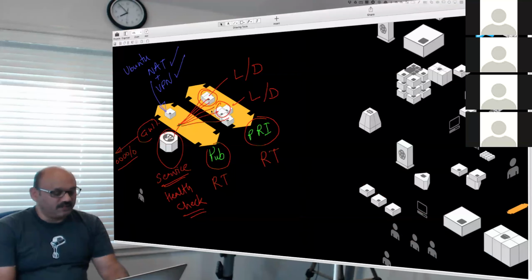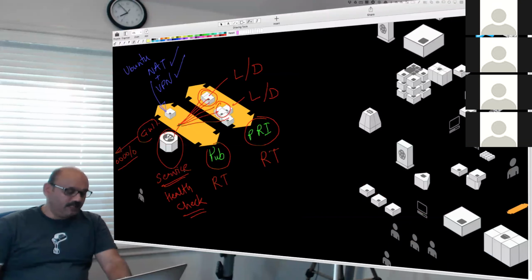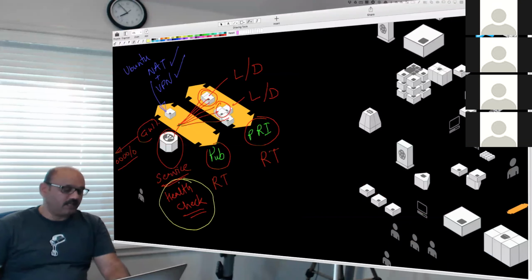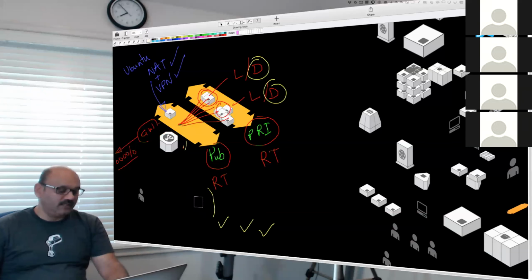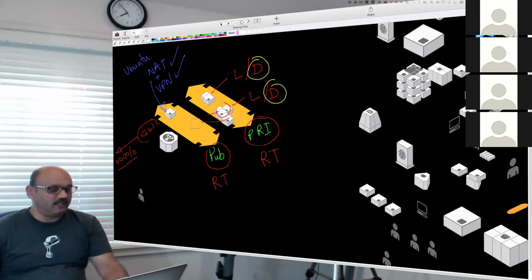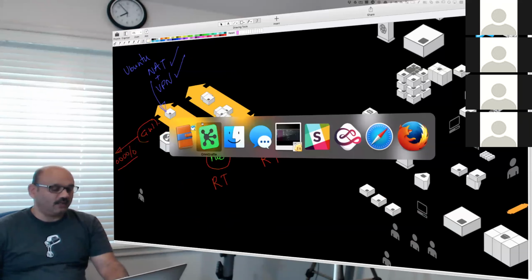So if these machines somehow, for some reason, die, we need a method to have the health check taken care of. So we should say, yes, everybody is live and well, or some of them die. If they die, the load balancer needs to know. If the load balancer is not aware, then that load balancer will send traffic to the dead machine, and you will see the scenario which you just ran into in our Amazon CloudFormation example.